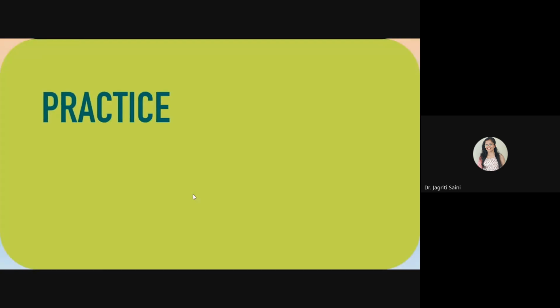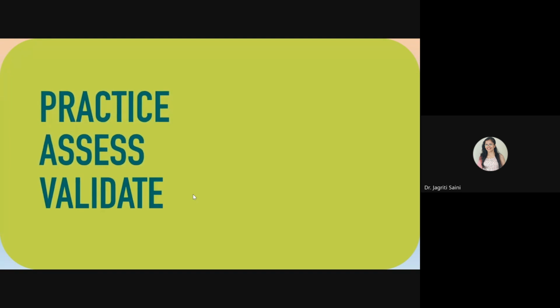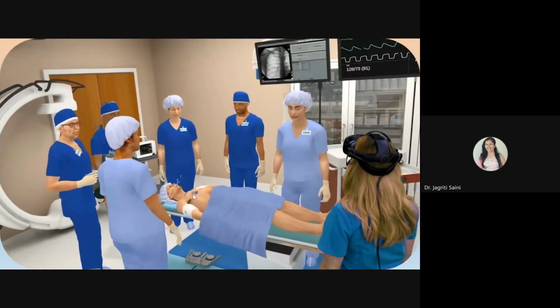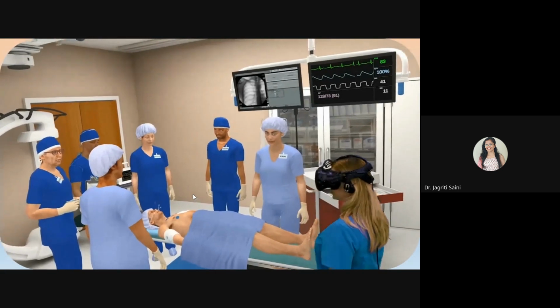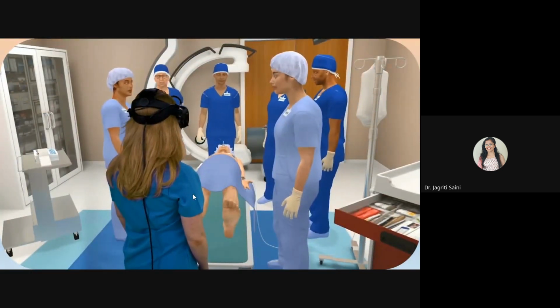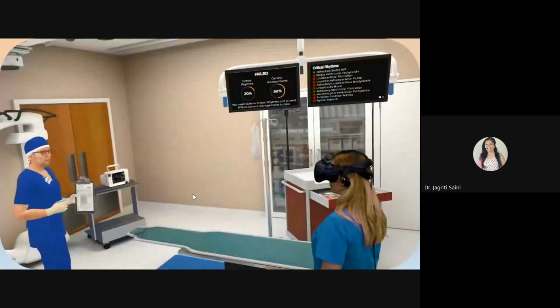It lets your team easily practice, assess, and validate skills on their schedules. Learners are provided a debrief on failed waveform identification and on general code management principles needing improvement. This simulation is over. Let's debrief.